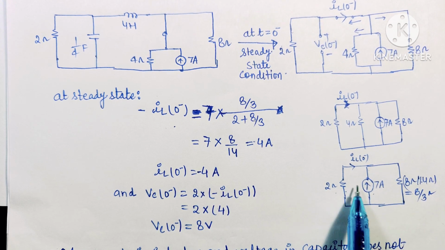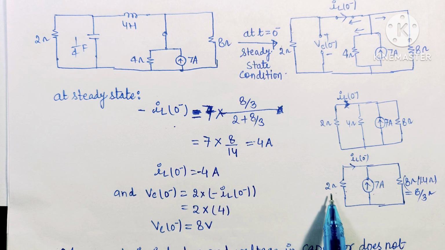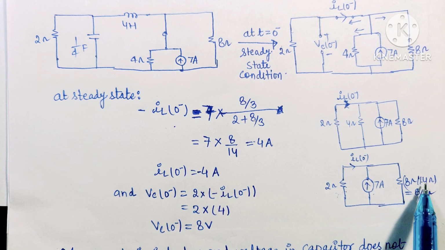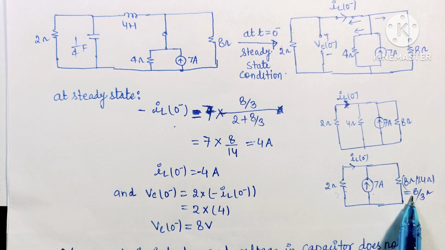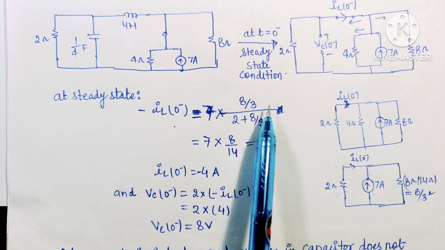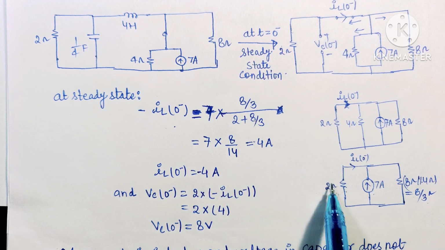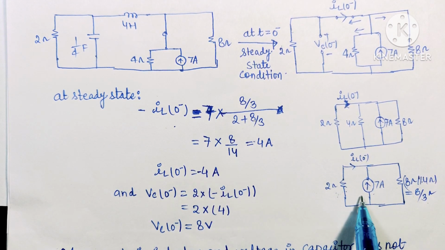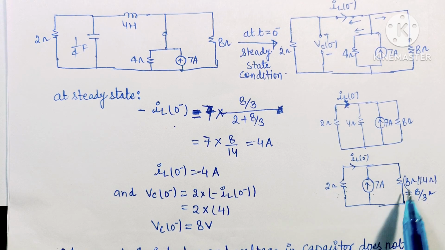So in this condition where these two resistances are in parallel, to find out the current, we have to find out the current in this 2 ohm resistance. So the resistance at the opposite branch, in which we do not have to calculate the current, will be 8 ohm parallel 4 ohm, that is equal to 8 by 3 ohm. So we will put 8 by 3 ohm in the numerator, and the summation of both the resistances in the denominator, multiplied by the whole current distributing among these two resistances.